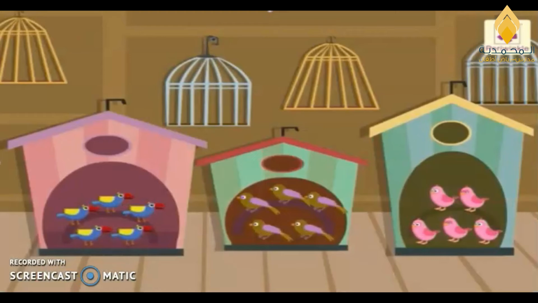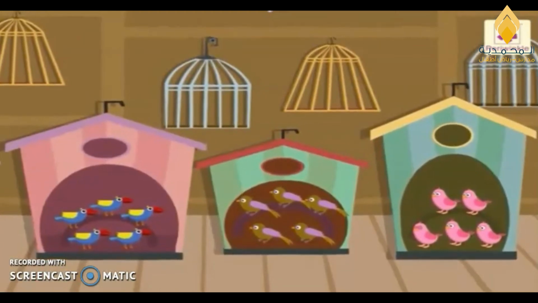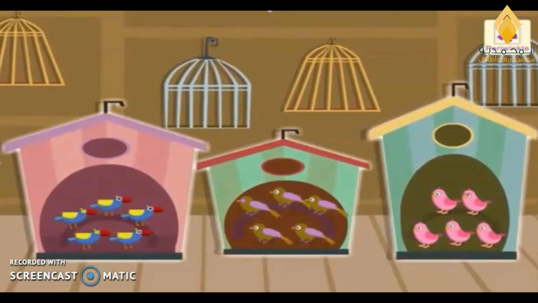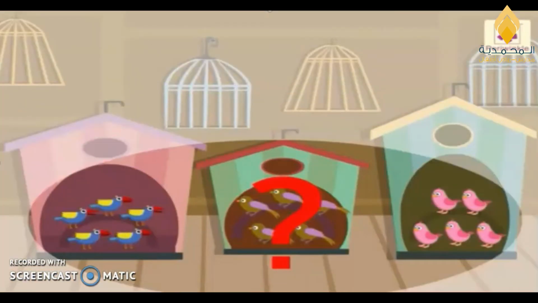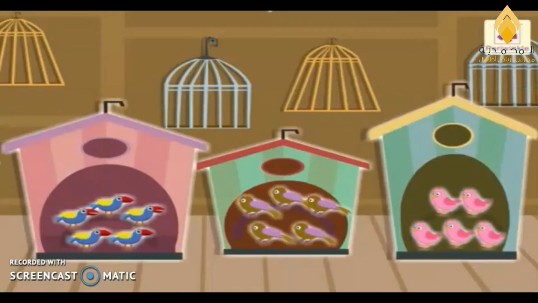Got it? Excellent. Let's learn another example. As you can see, there are 3 bird houses. Look, 1, 2, 3. There are 3 bird houses, and inside each bird house, there are 5 birds. So, how many birds are there? To know the total number of birds